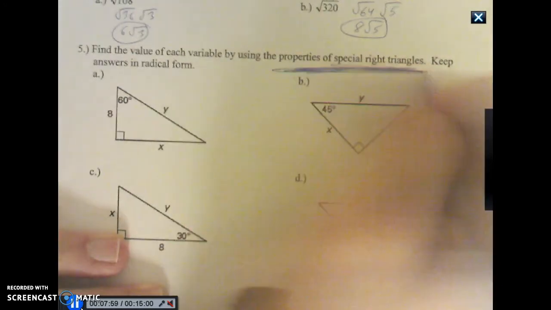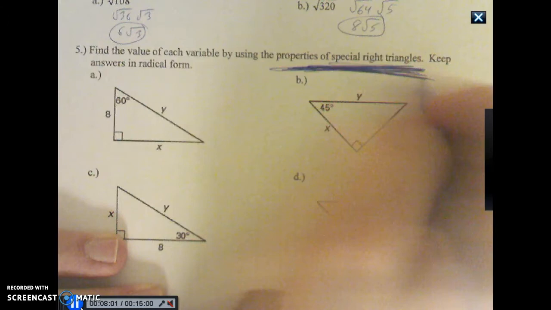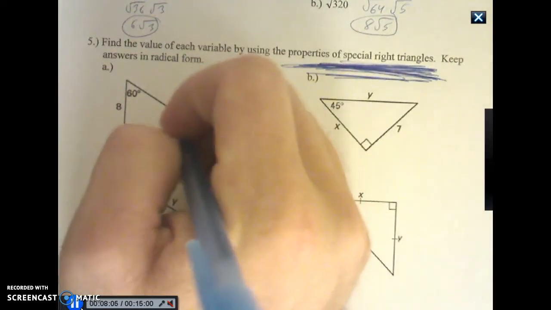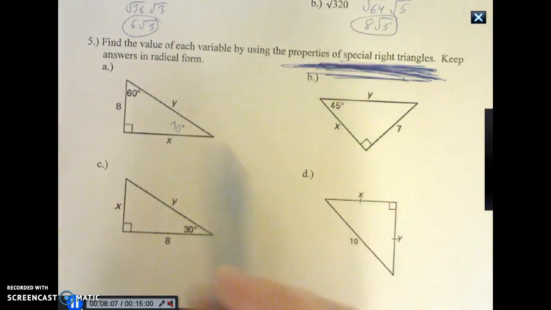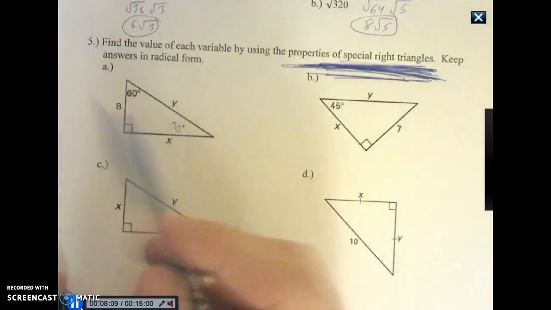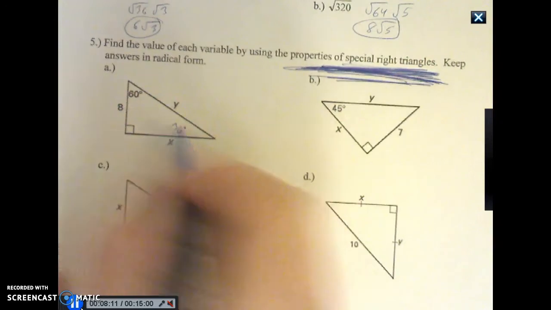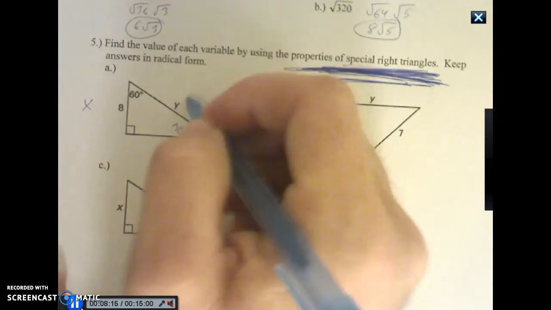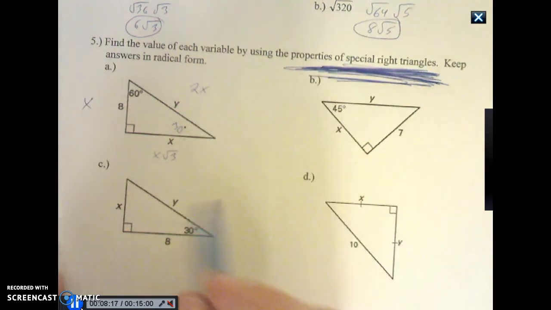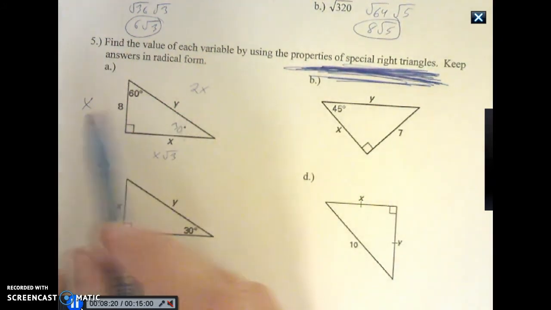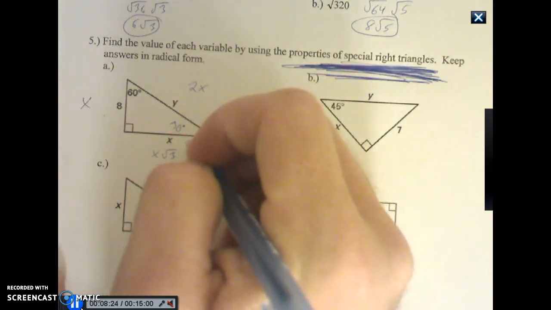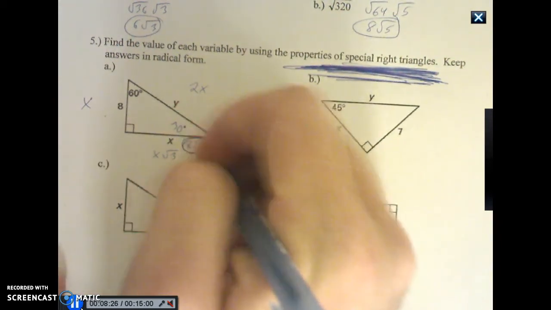All right. On the test, we're going to say this: special right triangles. Okay. Special right triangles. So we know we're doing 30, 60, 90. We're doing 45, 45, 90. So across from this first one's 60 because I had 60 here. Across from 30 is your x. Across from 60 is your x root 3. Across from 90 is your 2x. This is the nice one. See how x equals 8 right over here? So it's 8 root 3,